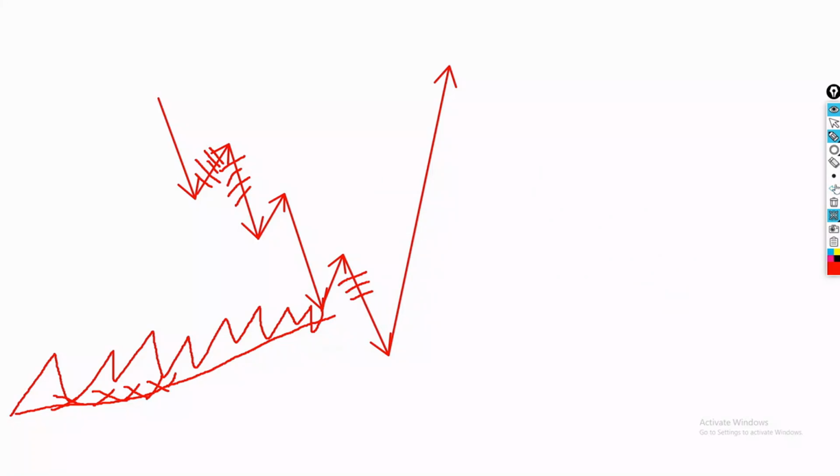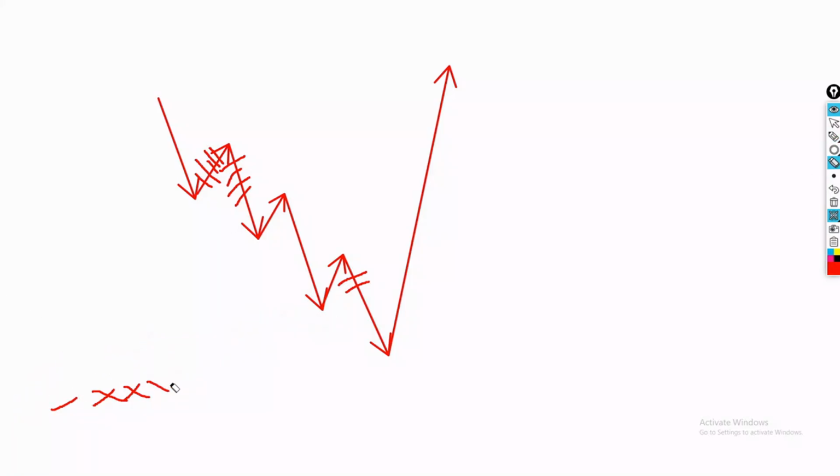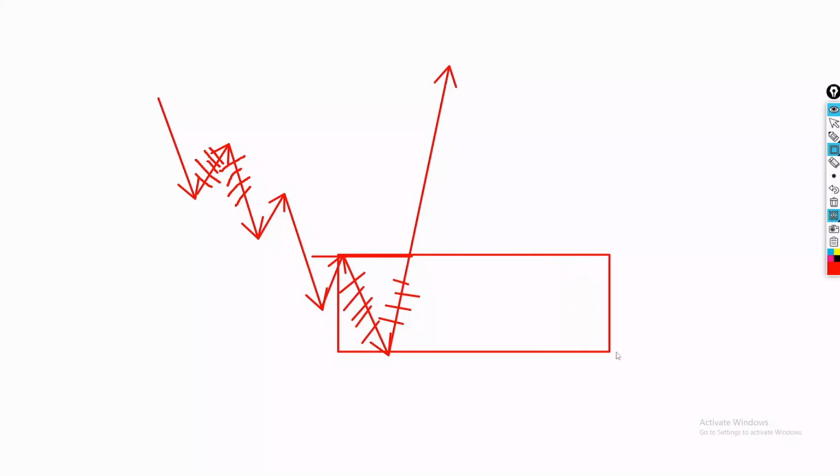So the moment, and let me get rid of this stuff because we're going to need the space. Get rid of this. So the moment we start selling over here, we start selling over here and then we start buying up. The moment we get above structure, that means that this entire region over here from top to bottom is considered your point of interest. Reason being is because they sold very hard at this point to then buy up,